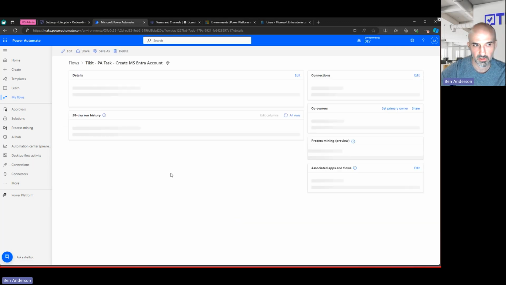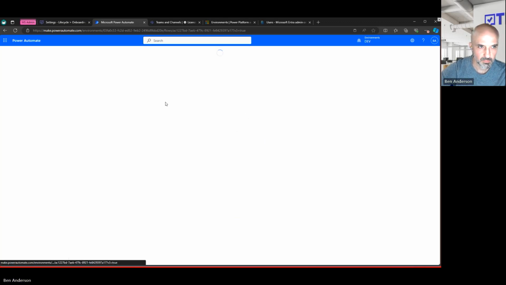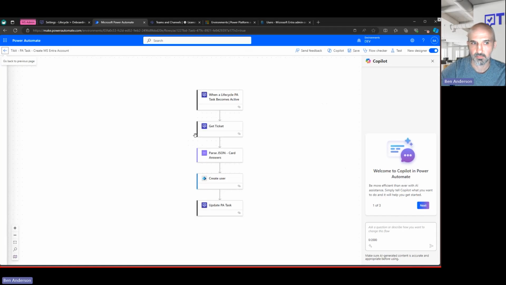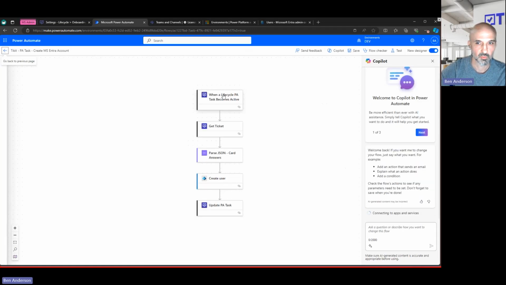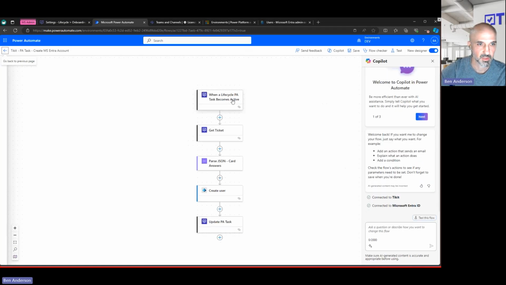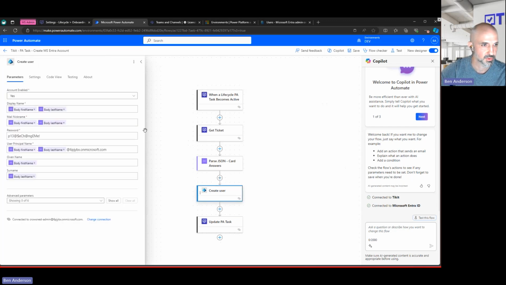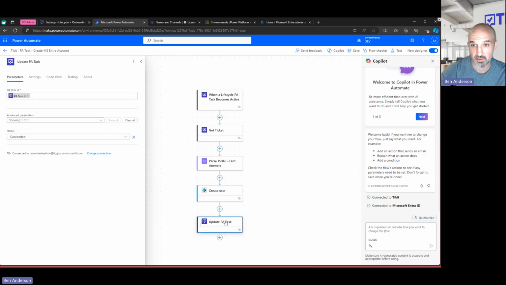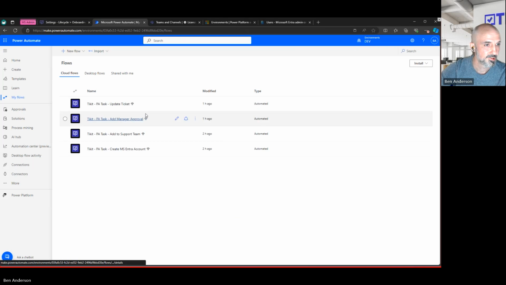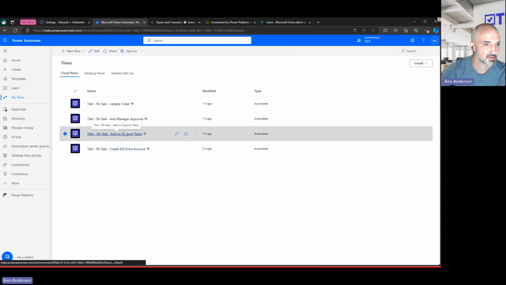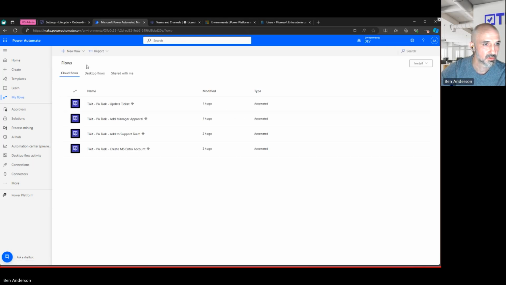We're going to create that intro account. And same deal: when this Power Automate task becomes active, get the ticket details, parse those answers. And now we're just going to create that user. Here you can see an example of how that might be set up. So create that user, and then we're going to update the task. So easy. And then lastly, for that one, add to a